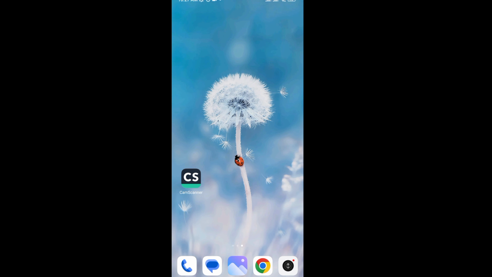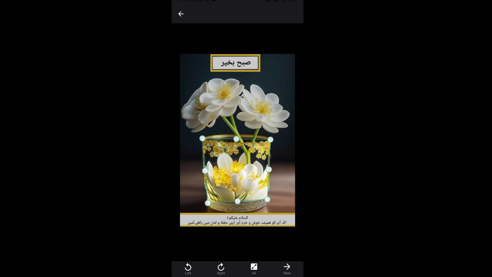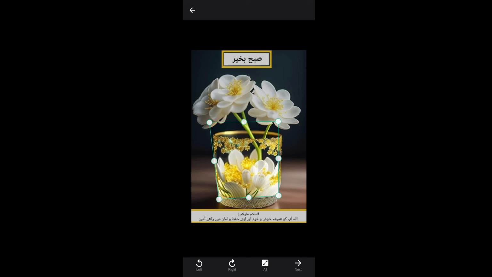So let's get started. We have to open the CamScanner application, and after that you can see the import image option. You have to tap right here on import image, and after that you will get access to your gallery. Now you have to select one of the pictures, and tap right here on the import option, and after that you can see I will get access to this picture. So let me select this part of the picture,